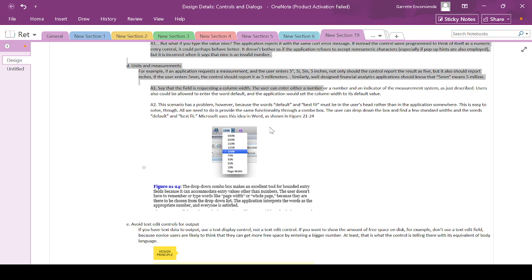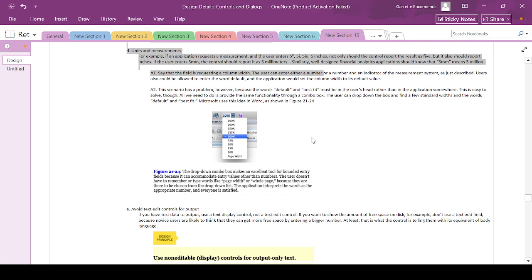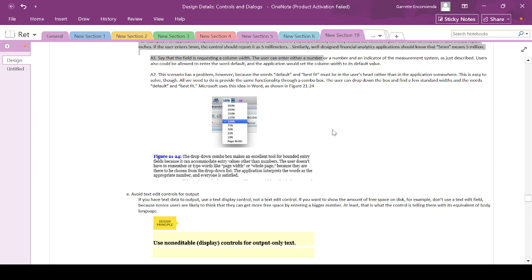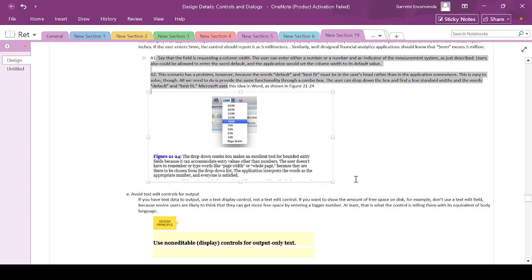If the user enters 5 mm, the control should report it as 5 millimeters. Similarly, well-designed financial analytics applications should know that 5 mm means 5 million. Say that field is requesting a column width. The user can enter either a number and an indicator of the measurement system as just described. Users also could be allowed to enter the word default, and the application would set the column width to its default